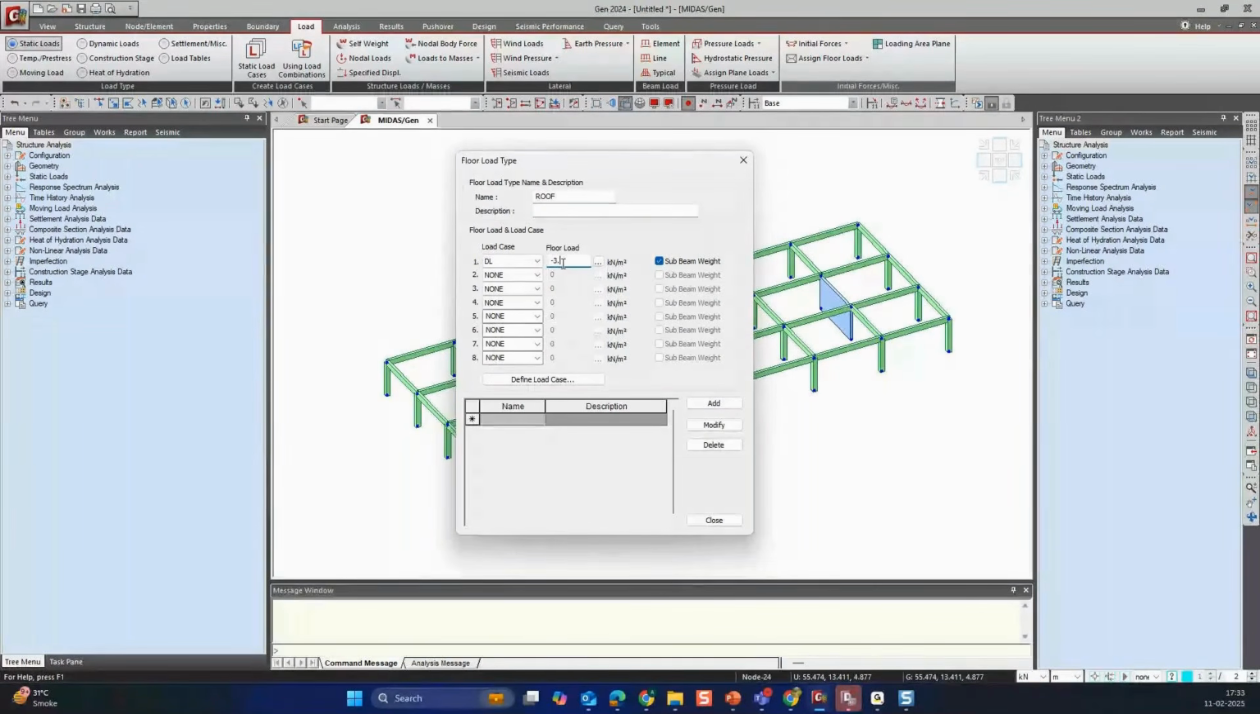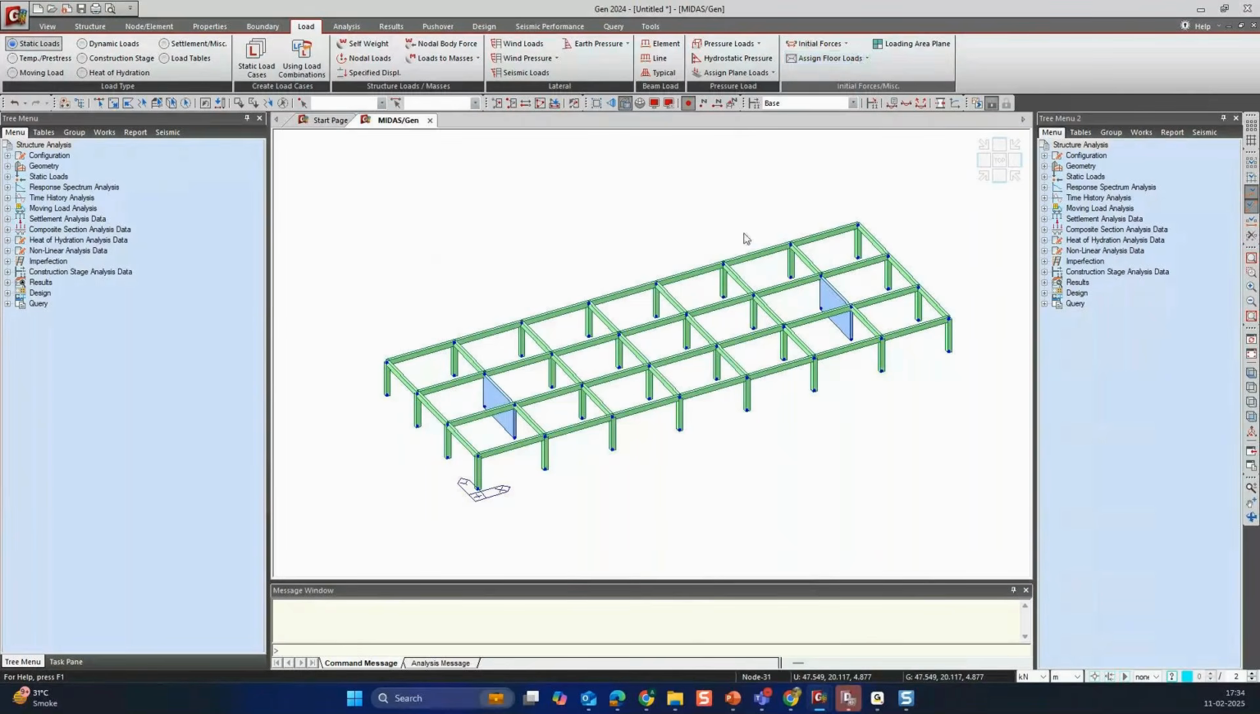Okay, and here the dead load which we are applying. Suppose if you are going for a member action, we are not going to model the slab in the Midas Gen. So in that scenario, whatever the self-weight of the slab, we need to give it over here as a dead load. Okay. And whatever the live load it is, we have to give it over here and just click on add. Okay. Now after that, we can just go to this assign floor load option and we can select